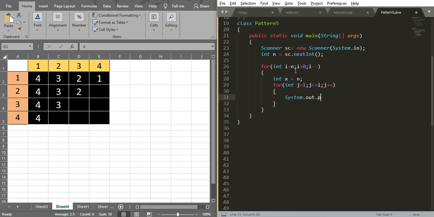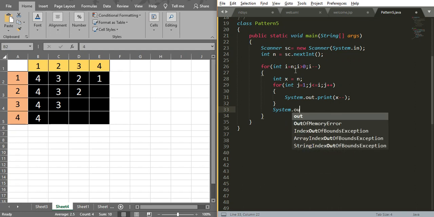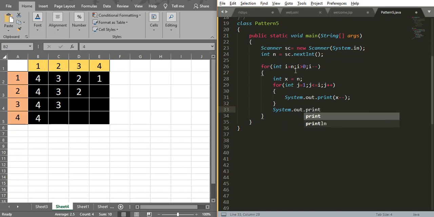System dot out dot print. So we are going to print it as x minus minus. Okay, and after printing a row, we are going to print ln, right?